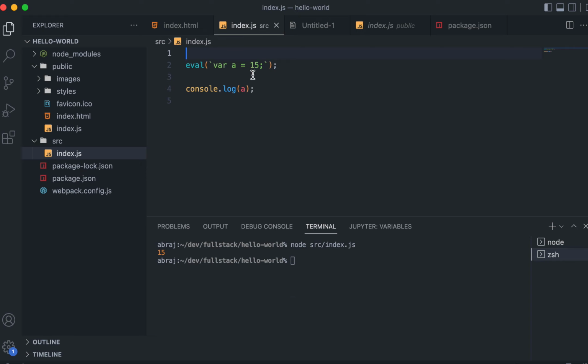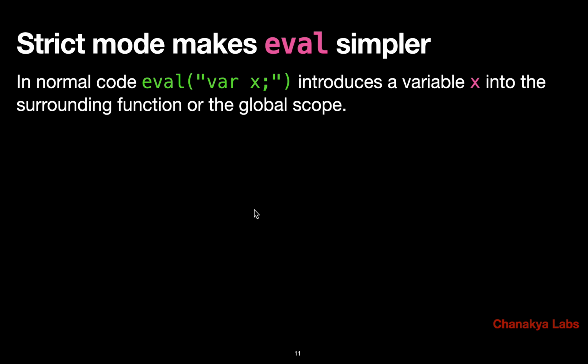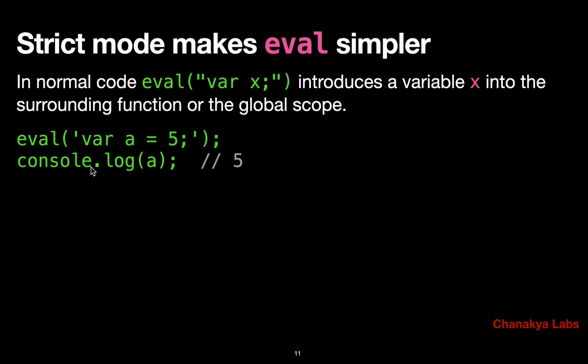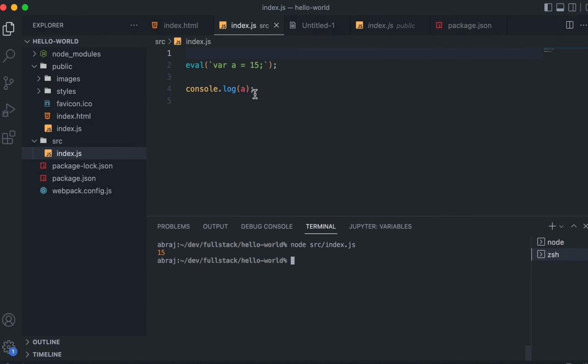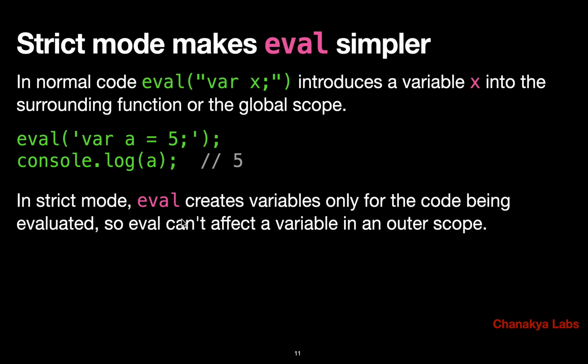The exchange of variables from inside eval to outside and outside to inside is not allowed. The creation of those variables which are done inside eval is not allowed outside. So something like this should not run fine, and in use strict, that is what they do. If you use something like this without use strict, then this is running fine, as we saw here also, right? But if you use strict mode, then